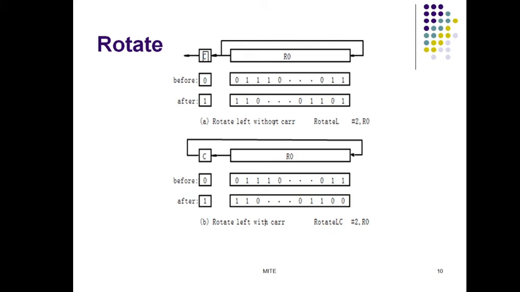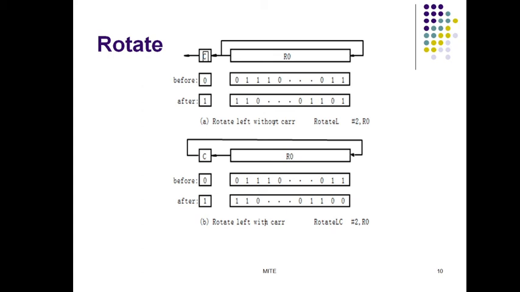So I'm rotating by 2 bits. This 0 will be out, and this 1 will come into the carry bit. The remaining is 110 dash dash dash. So this carry will be returned to the other end. Carry initially was containing 0, so 0, and again the next also will be 0, because whatever value is stored in the carry has to be returned to the other end of the contents of R0.